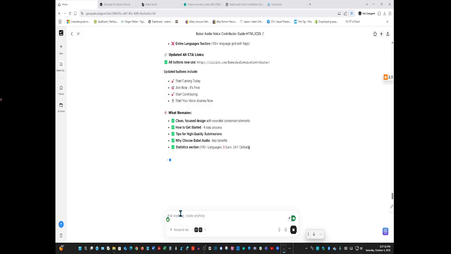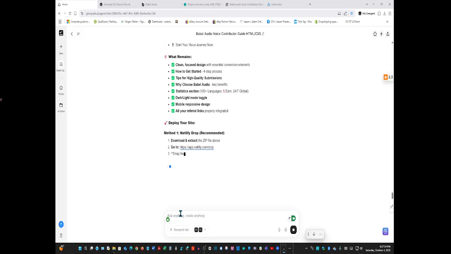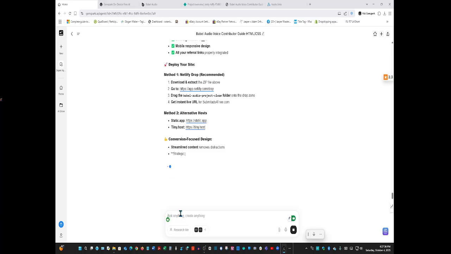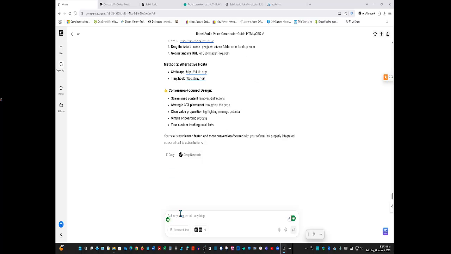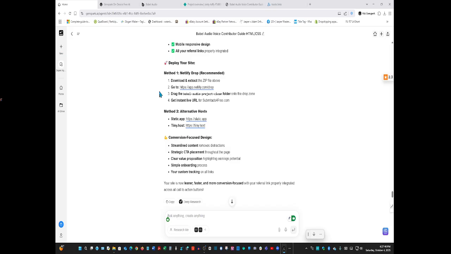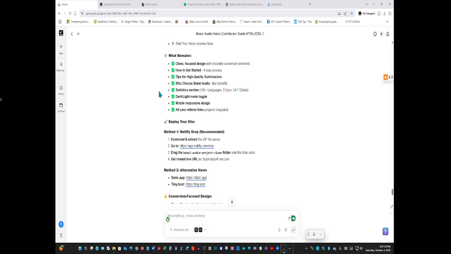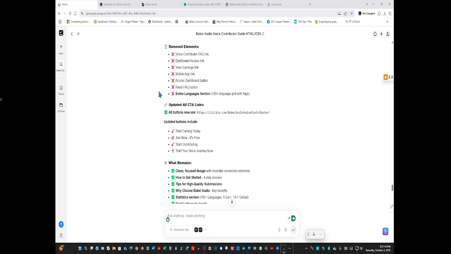Okay, so it's giving me another file to download. It didn't give me a link. See, it tells you how you can get it hosted. Okay, which is cool. So let me download this file.